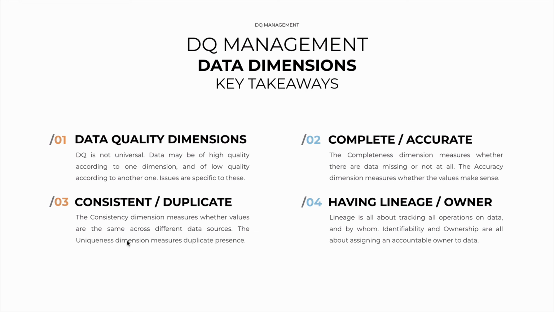Then, the uniqueness dimension measures the presence of duplicates in a data source. And finally, data lineage and ownership. Data lineage is all about tracking, specifically all operations on data, when, and by whom. Identifiability and ownership are all about assigning an accountable owner to every data source and identifying everybody who performs an